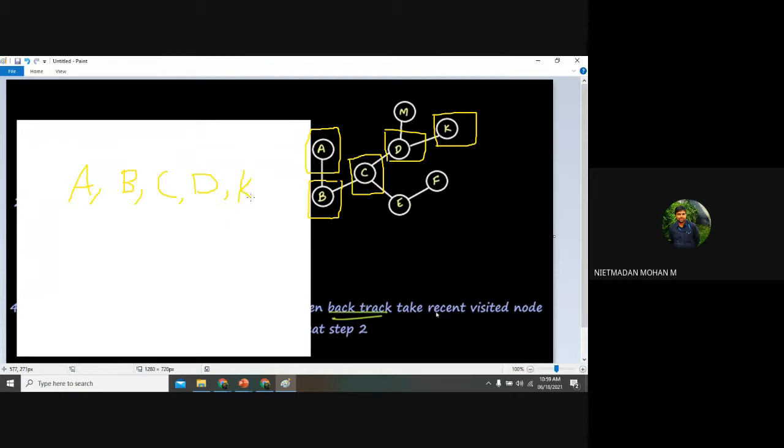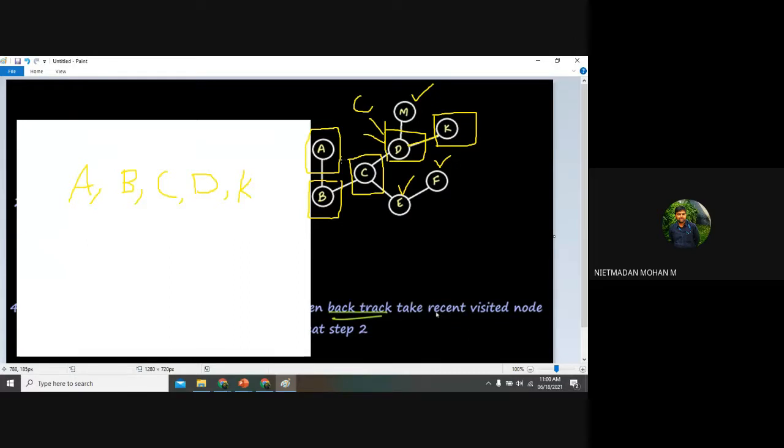After going to the current node K, does K have any adjacent node? No, sir. The traversal technique has not been completed, because we have 3 remaining nodes to traverse. So it means we want to go to the depth of that particular graph. We have 3 nodes pending. In this case we do not have any adjacent node, so it will come one step backward, and again this will act as your current node.